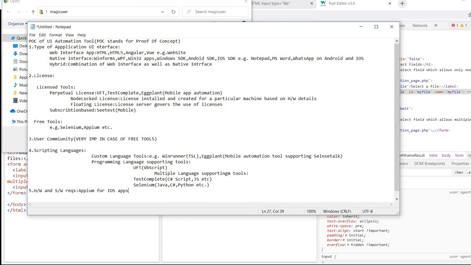Here Appium doesn't charge you money, but you need to have a Mac machine, and it was also a requirement to have a developer provisioning profile. It is not there now, but it used to be. Very important.